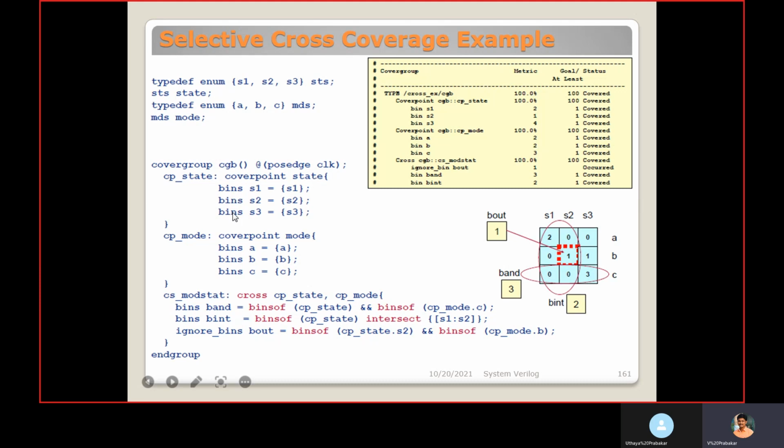Explicitly, I wrote bins for each state. Bin S1: when S1 is assigned for the state, this bin will get a hit. So for S2 and for S3. And another coverpoint for mode. Coverpoint mode has three types of possible values. So for each, I have created 3 bins.